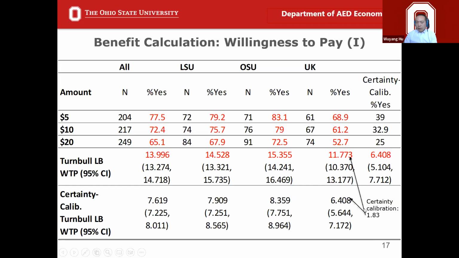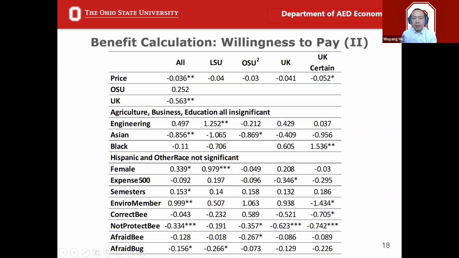So we're going to use this ratio to adjust each of the red numbers here. For example, OSU, we're going to adjust that to $8. We're going to adjust the $14 to $7, that idea. So here, you can see we have the less conservative measures, the red numbers, and the more conservative measures, the dark numbers. So that's our first quick scan of people's answers to the yes question. From their yes answers, we can derive their willingness to help, to contribute to the conservation. That's not enough. We also did a model. We're going to run the analysis.